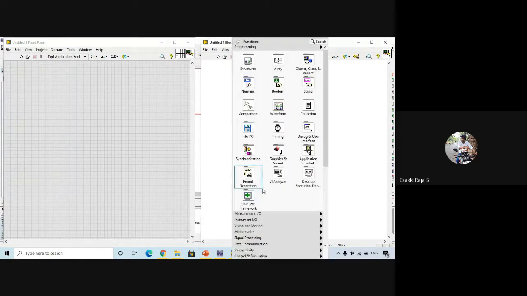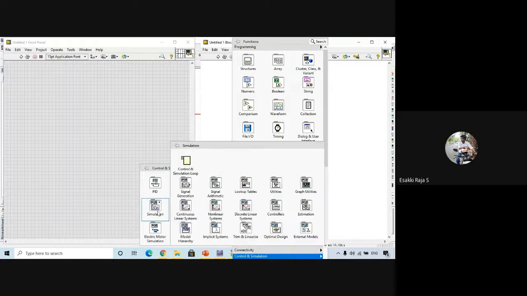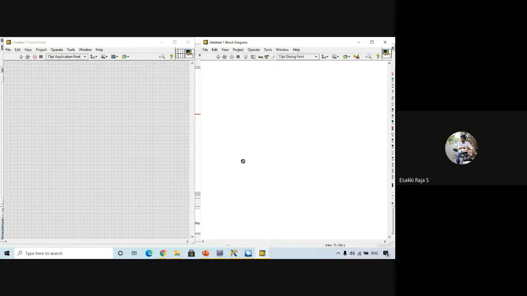For example, I'll go to control and simulation, external model, Multisim and Multisim design. I told you that using this Multisim design I'm going to call my function, right? If I try to place it on my block diagram, we can't place it. We can't place our Multisim design block because we have not converted our LabVIEW environment into a simulated environment. So first we have to convert it, and only then can we place this Multisim design block.